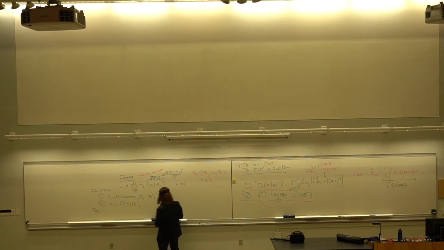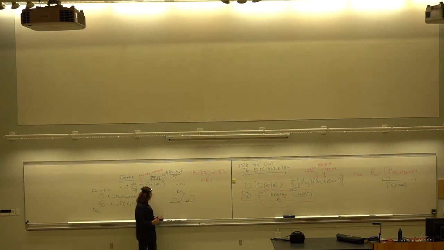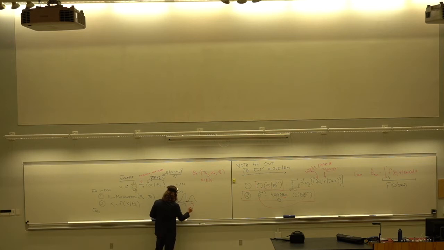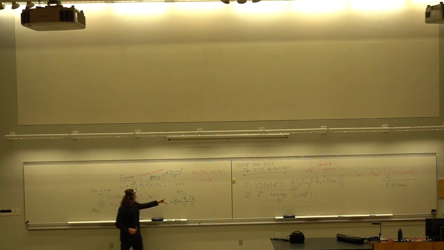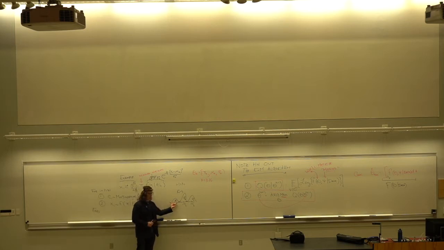So what I'm thinking of, maybe for k equal to 3, is that this is a mixture model. So I might have 3 different normal distributions. They're centered at different places. So this might be mu1, this is mu2, this is mu3. There's some sigmas in here, sigma 1, sigma 2, sigma 3. And then these heights right here are going to be relative to the pi k. So the area under the curve is going to be pi k. Okay, so I'll just draw that in. This area right here.